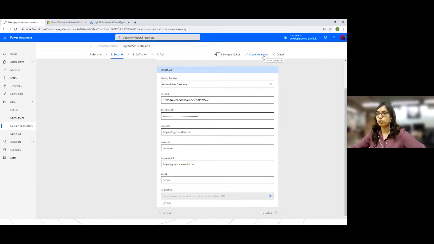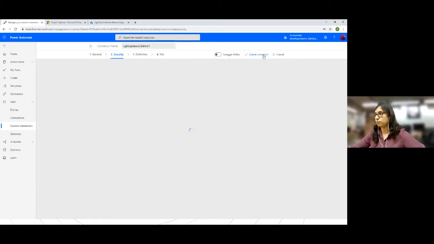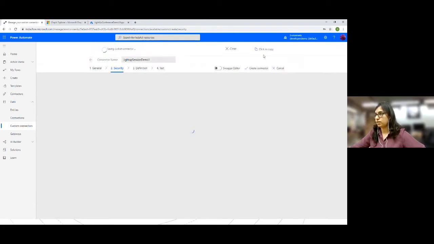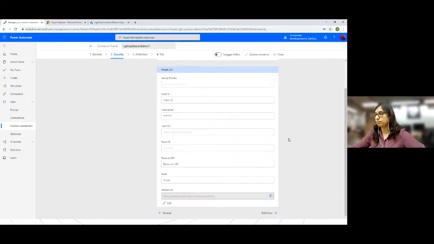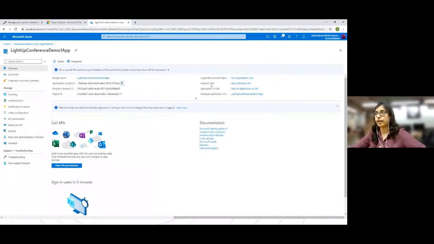Any questions so far? So this is saving my connector and it will load it again. Here this is giving me this redirect URL. I need to copy this URL and provide it in my application registration redirect URI.